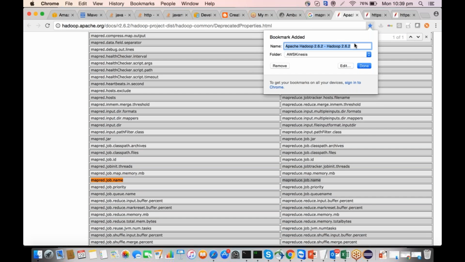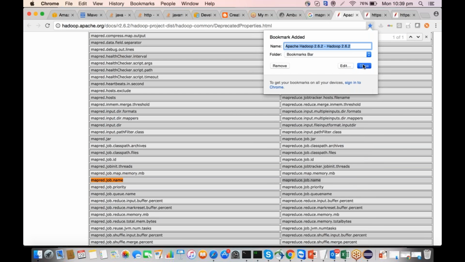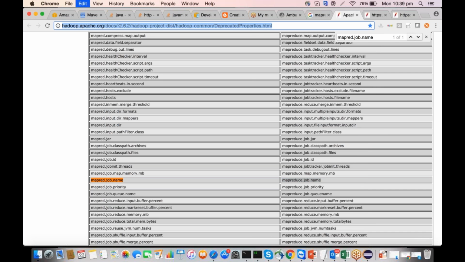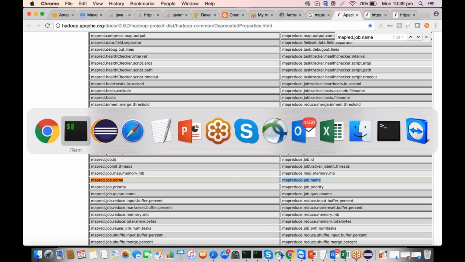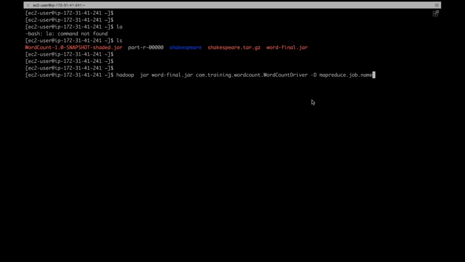I better bookmark it. You can also take up this. You can keep a track of this so that if you are using an older property, you should not use it. No more deprecated properties, so you can keep a track of this. Bookmark it. So I will use this, -D mapreduce.job.name. Now I'm submitting. I give the property, and that's my property, and the value could be let's say